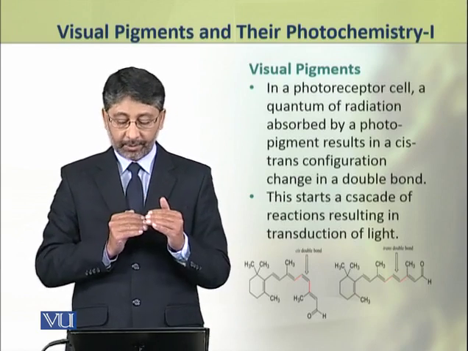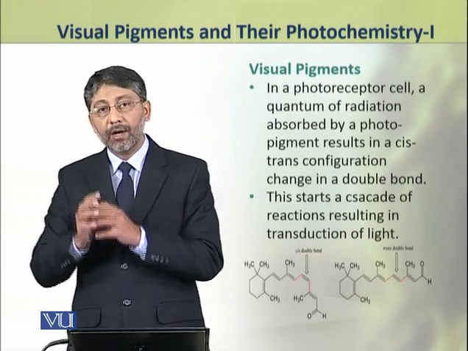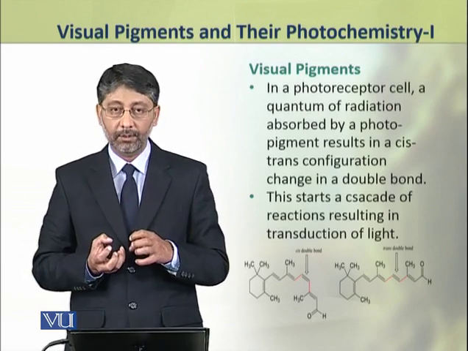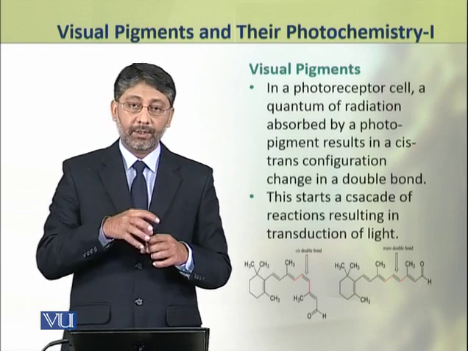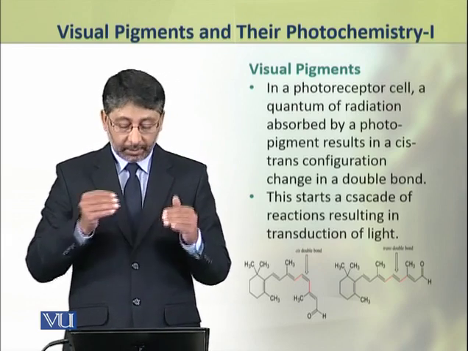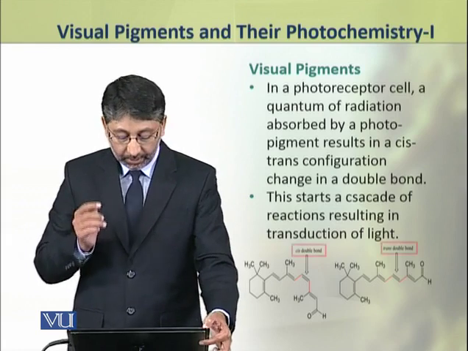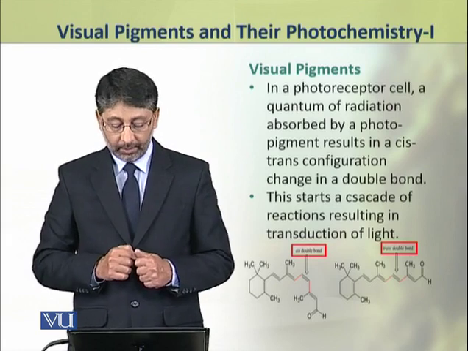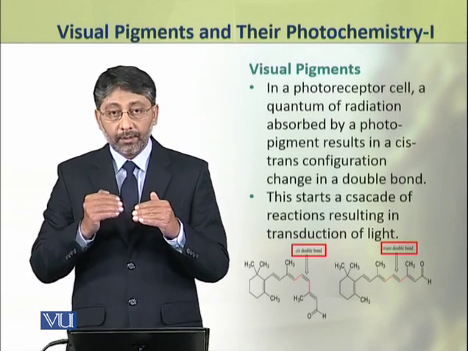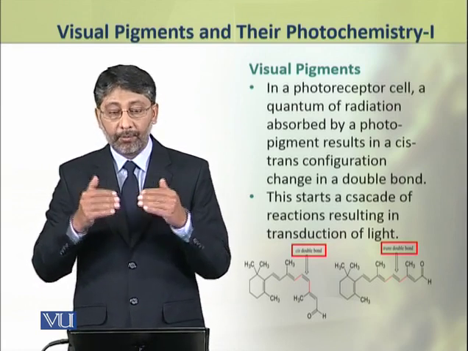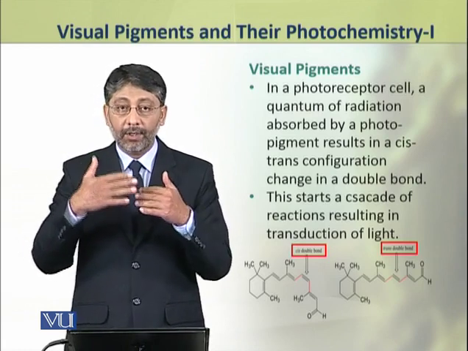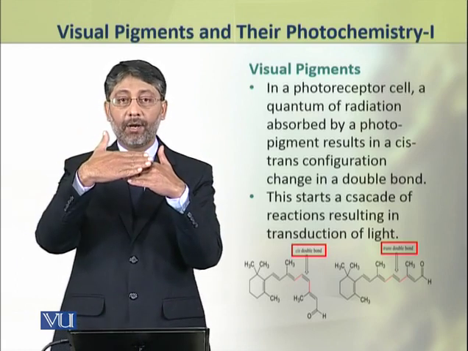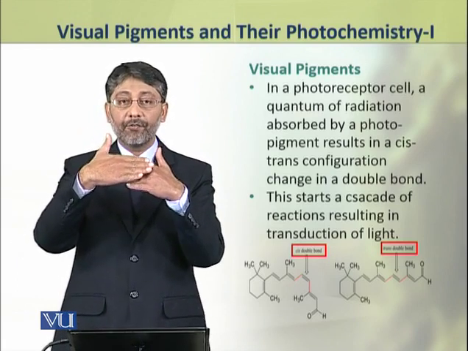In a photoreceptor cell, a quantum of radiation is absorbed by the photopigment, which results in cis-trans configuration change in one double bond. This cis-trans change in the double bond means कि एक डबल बॉन्ड की जो डायरेक्शन और एंगल है वो चेंज हो जाता है. अगर एक डबल बॉन्ड इस तरह से पड़ा हुआ है तो ये डबल बॉन्ड कॉन्फ़िगरेशन जब चेंज